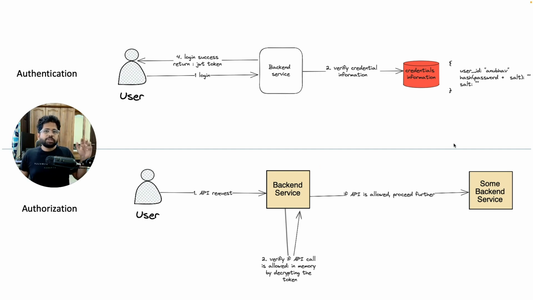Now, I am sure that you might have figured out an issue with this particular approach: what if you can't trust the user, right? It might be possible that you return a JWT token saying, hey, you are a user, but the request gets changed. Those things are taken care of by the JWT token, and that's what we are going to talk about today.